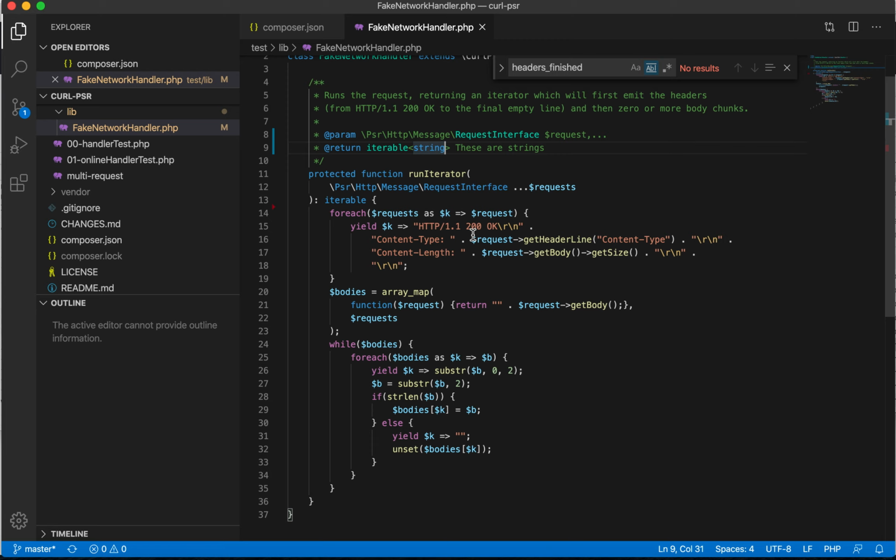So I could return string or null here, perhaps if I were thinking that an exception might occur somewhere down here. Or in principle, although not actually in practice because this is iterable, I could return an iterable thing or null, or perhaps return something else that might more richly express that stuff. But